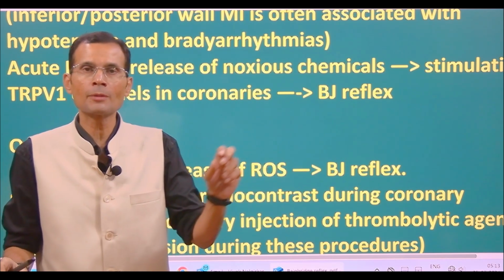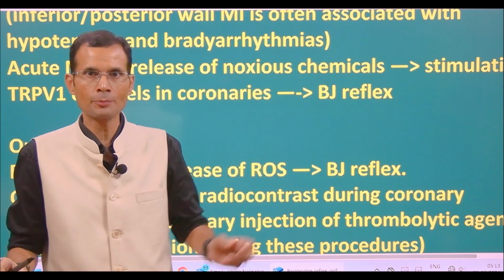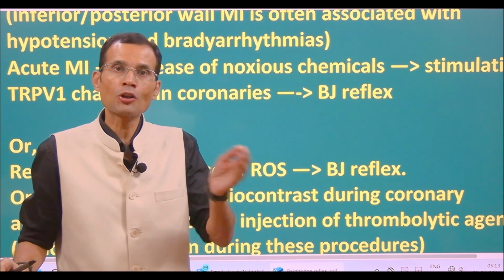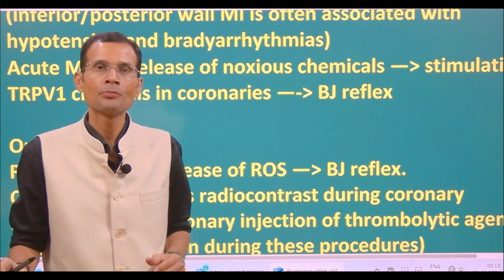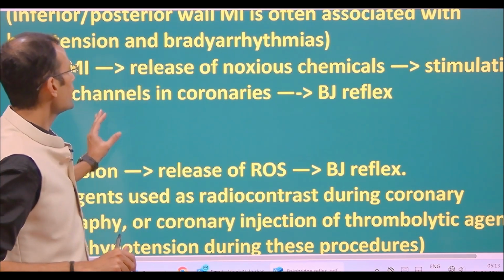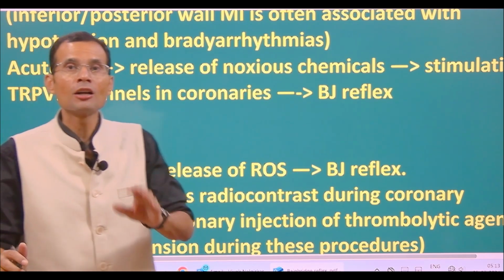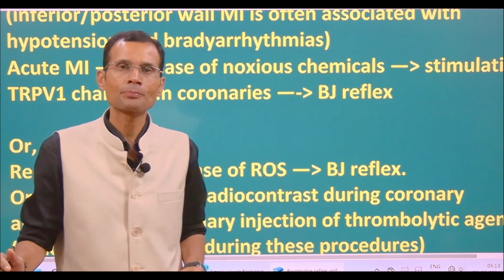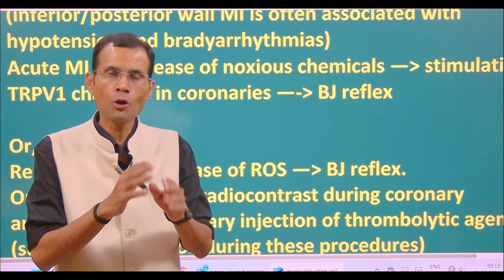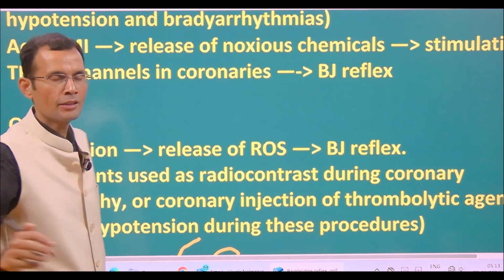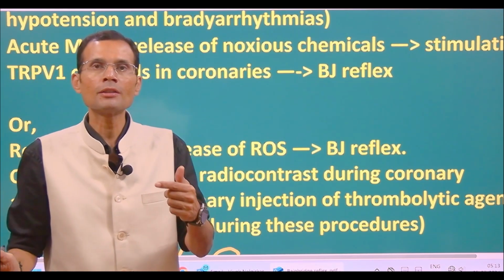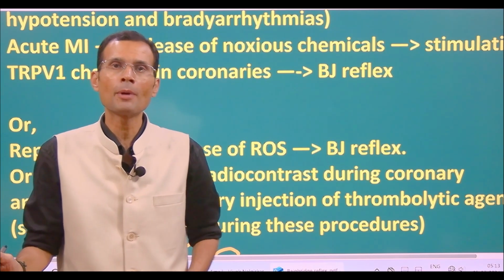TRP is transient receptor potential, a superfamily of receptors which responds to noxious stimuli or noxious chemicals like capsaicin. And this channel, TRPV1, where V stands for vanilloid, is also found in the coronary arteries, which is where it gets stimulated after the inferior wall MI,